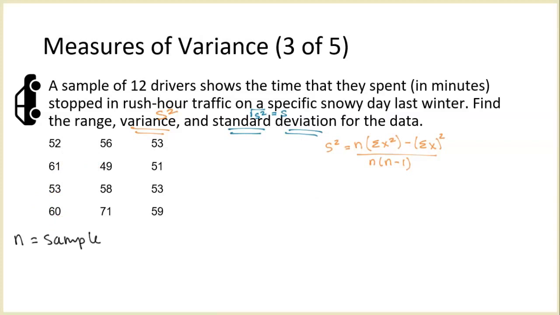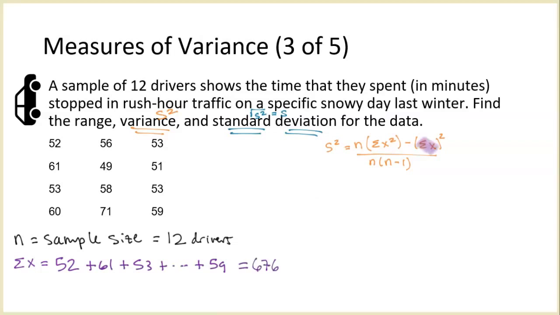Well, the sample size is just the 12 drivers that the data represents. And then we find the sum of the data. That's adding all the numbers together, so 52 plus 61 plus 53, all the way to 59. And we do that, and it gives us 676. And that value is in minutes. So that's the total number of minutes spent in rush hour traffic for the 12 drivers on a snowy day